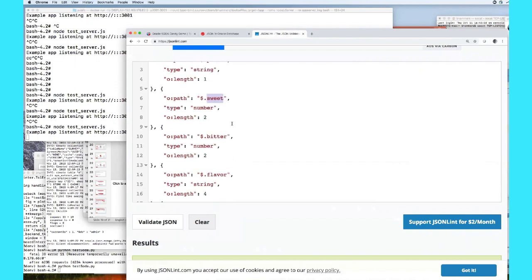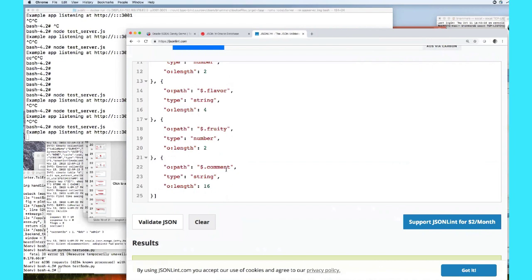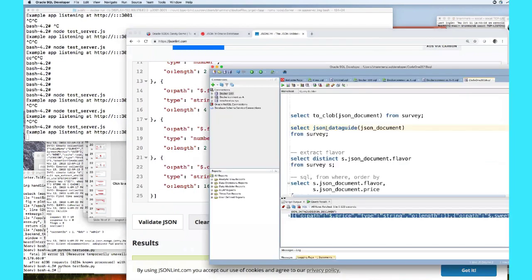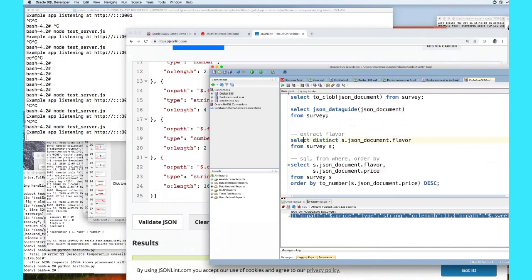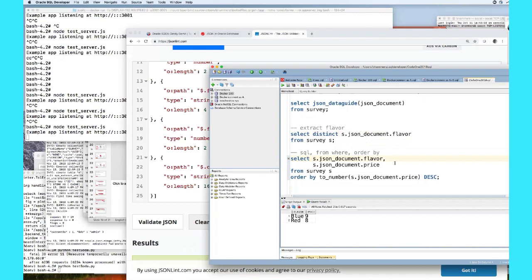So now if I would change the program and add additional fields, all I would have to do is calculate the data guide here, and I would see these. So now, since we use the Oracle database, we can use just plain SQL to select values from our collection. So this is just extracting the fields of flavor, or we could easily just do order by, group by. This is just to show that although you've used a NoSQL way to access your data, you can still use